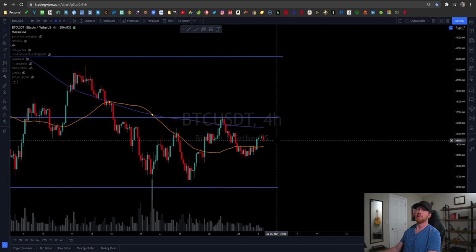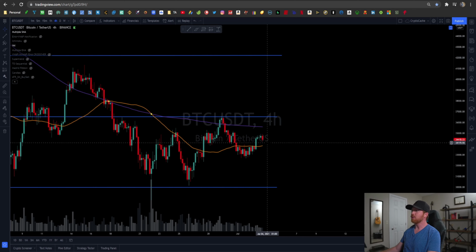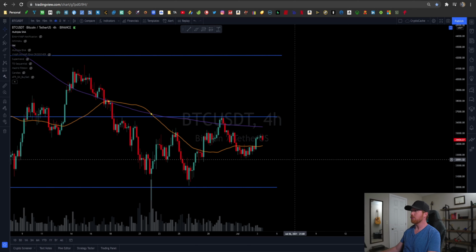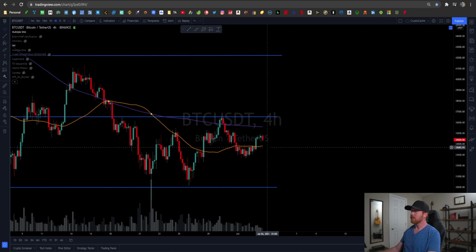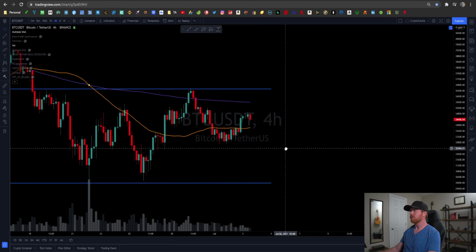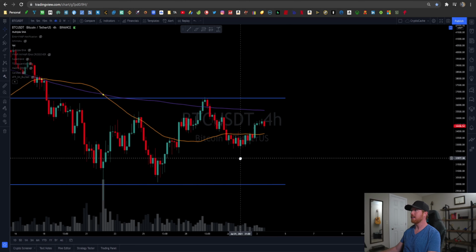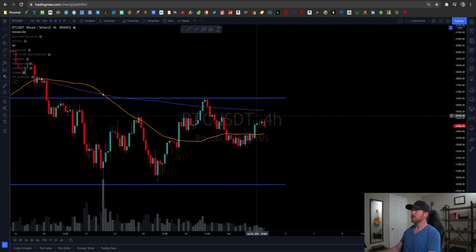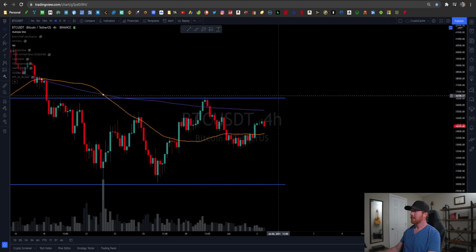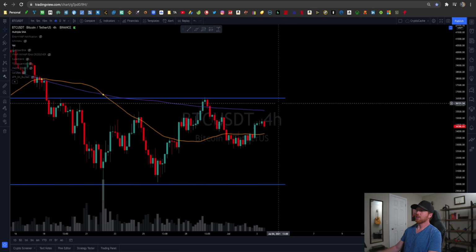It's kind of an uphill battle, so to speak, but good news is we're up over the 50, and that is notoriously a pretty strong resistance and support level, so that is great news. Hopefully we can stay up over that and break the 200. So the goal is to essentially test 36,500 in the near future.